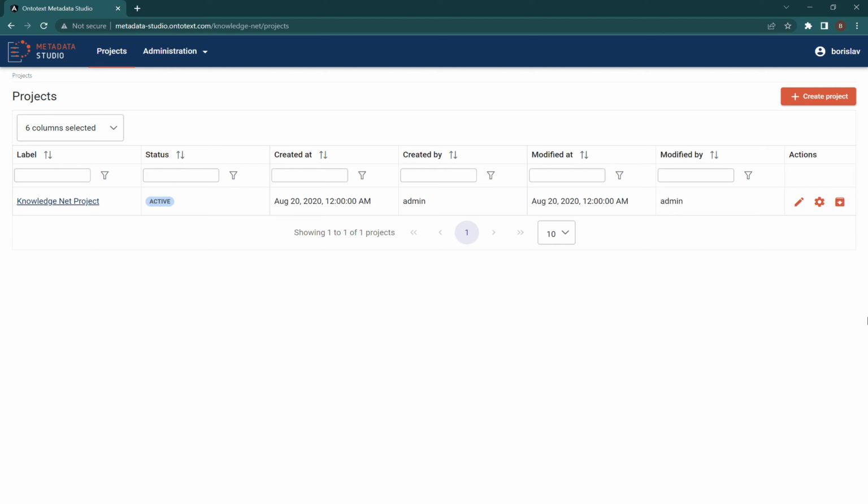Furthermore, Ontotext Metadata Studio allows the integration of many of the most popular text analysis services on the market, which can be plugged in to Metadata Studio, and the content available in Metadata Studio can be automatically annotated by such services. They can be compared with each other and against the ground truth annotations that the subject matter experts have already produced. And lastly, since the